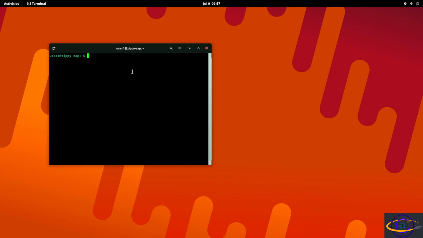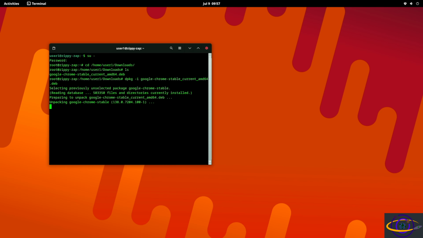Now we're going to go ahead and open a terminal, and we're going to su to root because we don't have sudo set up on this system. Now we're going to cd into home user 1 downloads. So jump into our downloads directory, hit ls, and we see that our package that we just downloaded is right there. So we're going to type